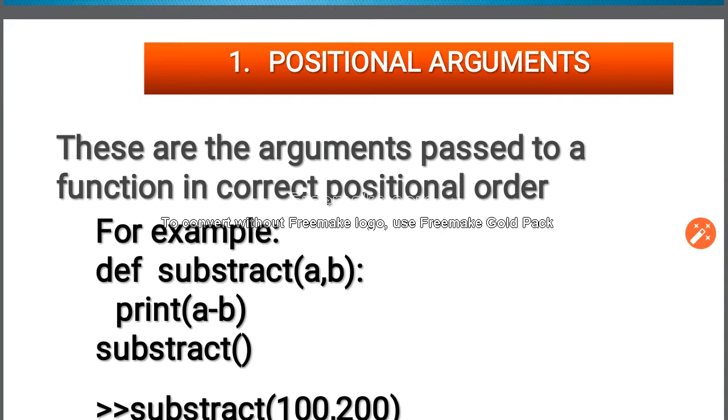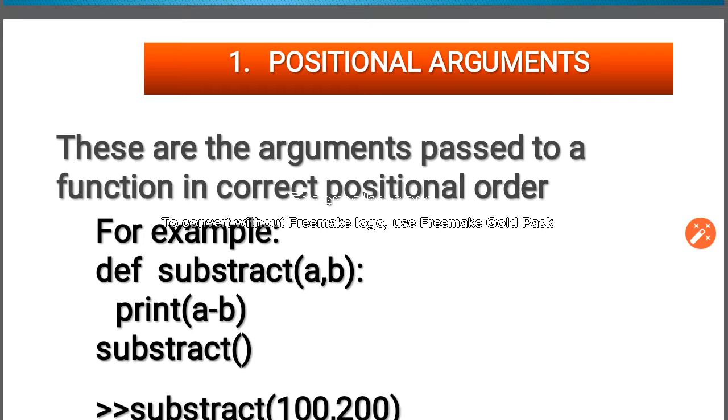These are the arguments passed to a function in correct positional order. For example, def subtract(a, b), print a minus b, and then subtract. So here subtract is actually calling the function. Okay, so here subtract a minus b. A minus b is what? Argument or parameter? Tell me.